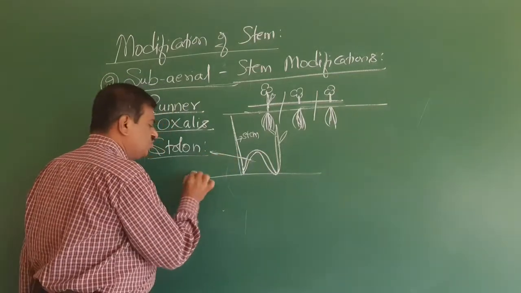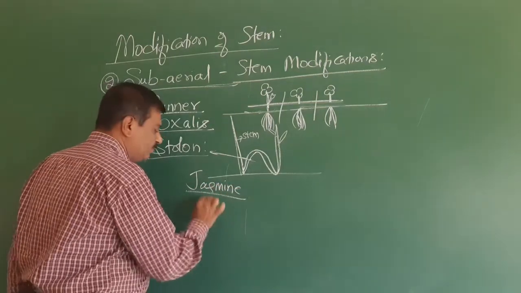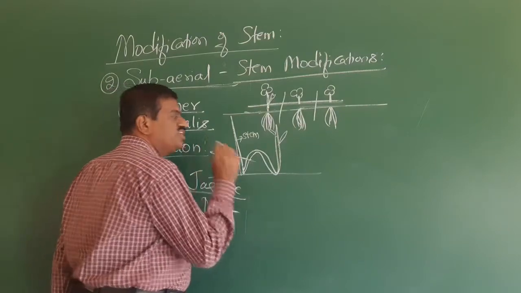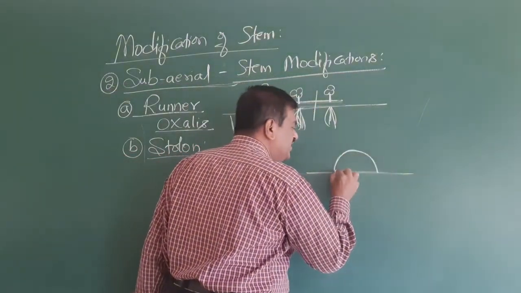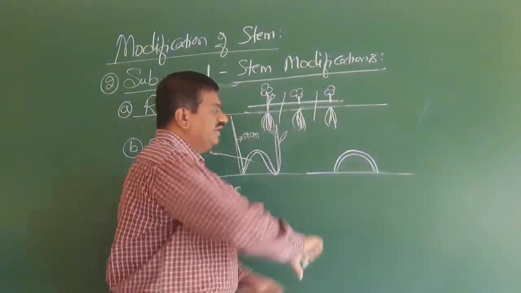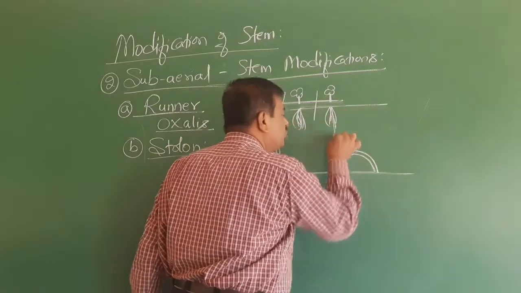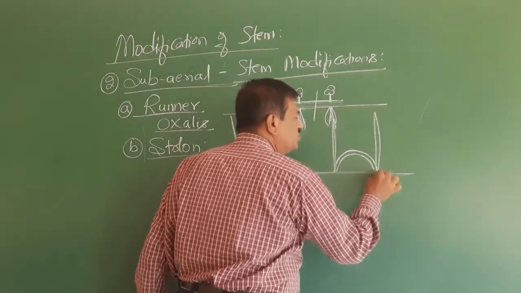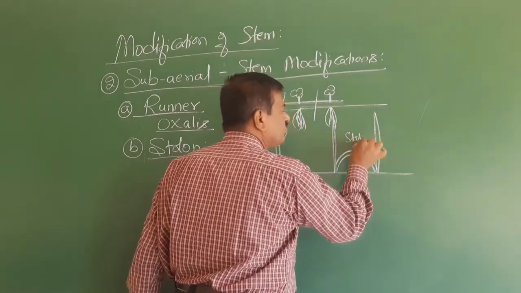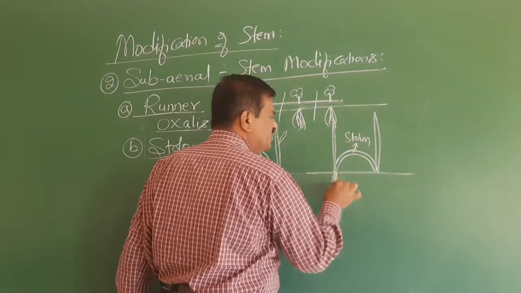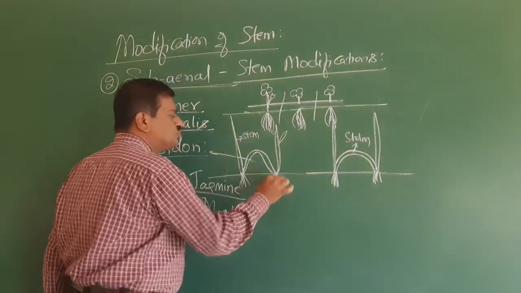Or normally when you take jasmine, mint examples. In a jasmine plant, we take both the edges of the stem and dip them in the soil. We bend the stem and it is sown, so that the plant grows erect from here as well as here. So this elevation is called a stolon. Here, roots are produced on both sides. So this is called a stolon.